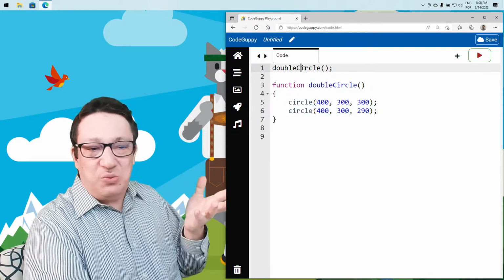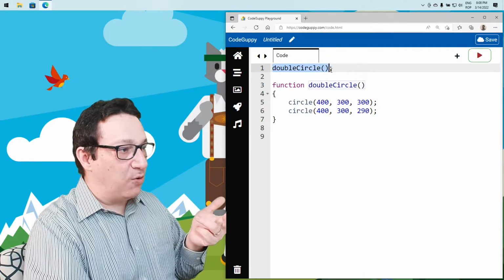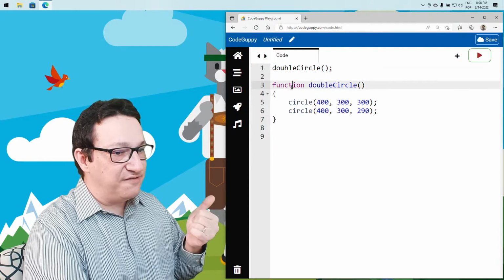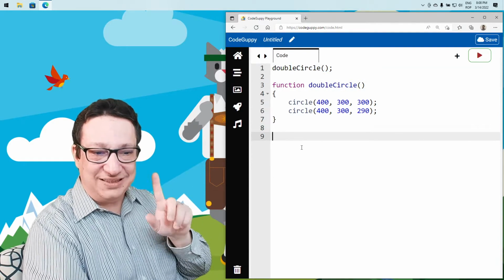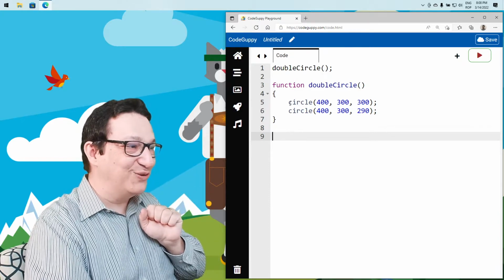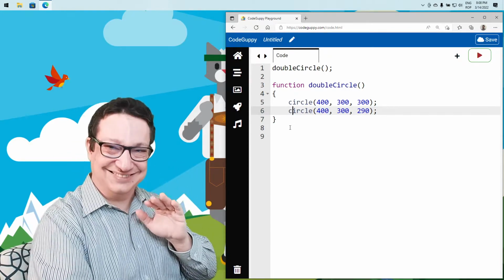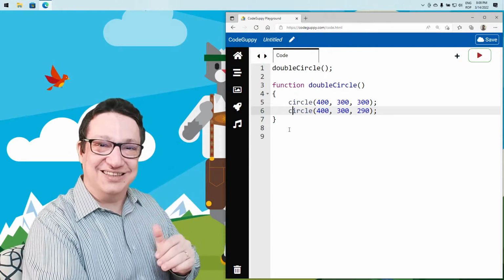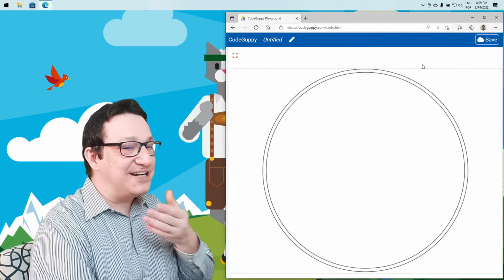But what it means for you is that you should not be concerned of where you place the call. You can place the call before you actually define the function or after you define the function, and you are in good shape. But just do this one when I basically mention it. Don't do the same with the other instructions of the program. You'll just mess it up. Programs at the end of the day execute in order. All right, so we have a double circle, but